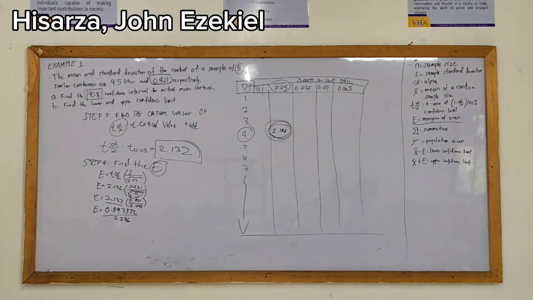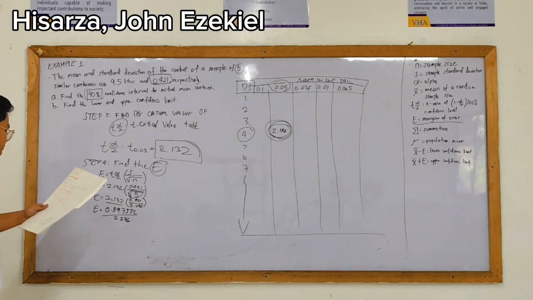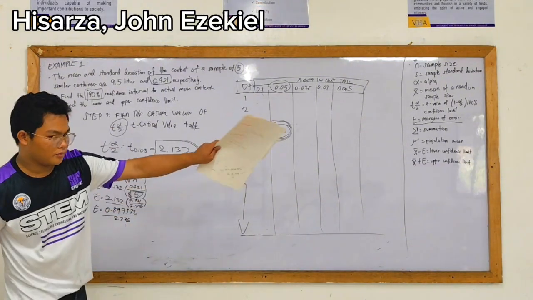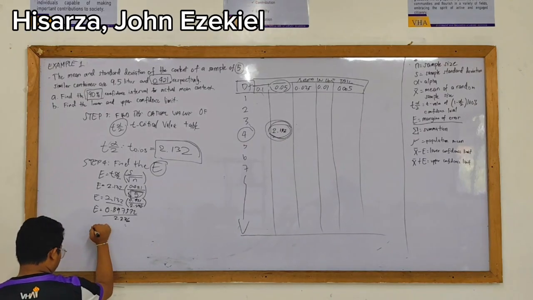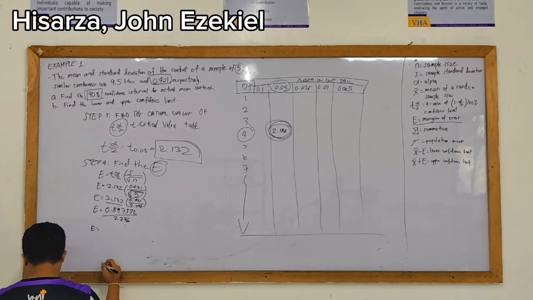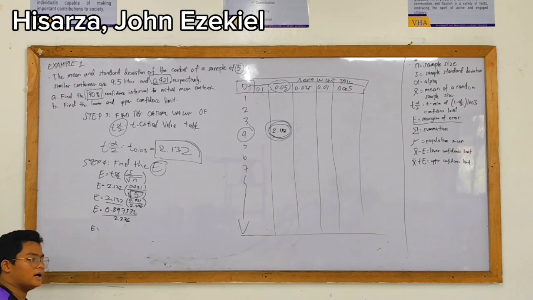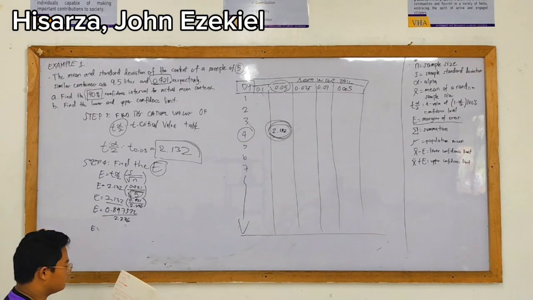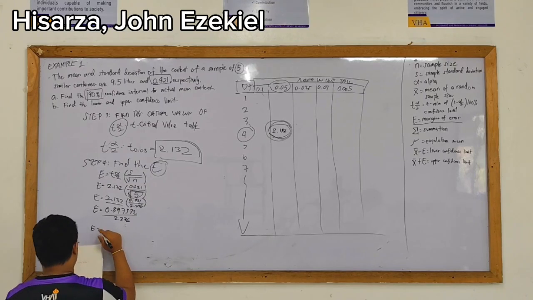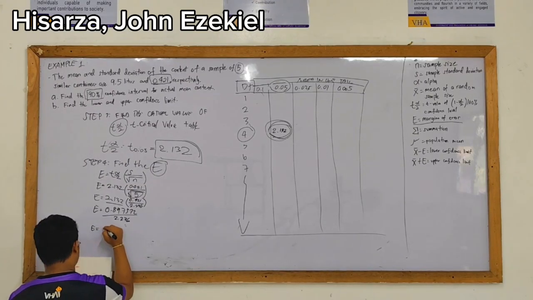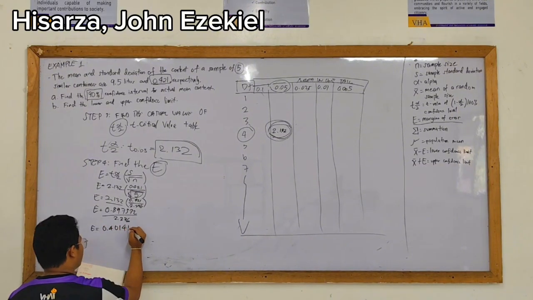Once again, get your calculator and get the value of our margin of error. So E is equal to, the exact value for our answer is 0.40141,